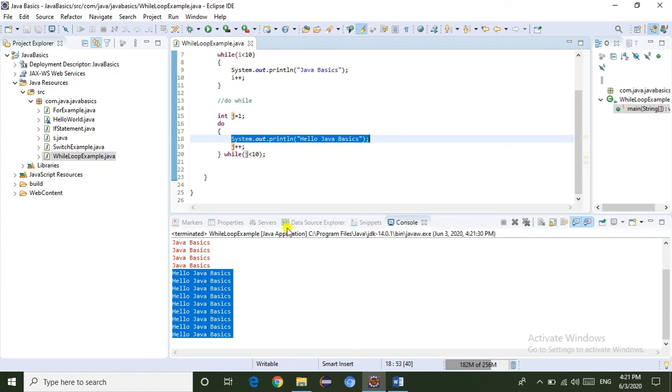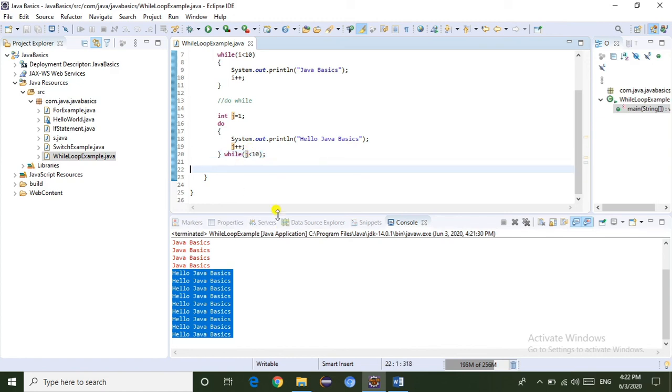Here it is executing hello Java basics, and the j value is incrementing from 1 to 2. Then it will come to here. It will compare whether j is less than 10 or not. So yes, then again it will come to here. It will execute this one and increment the j value, and it will test the condition. It will iterate until the condition fails.